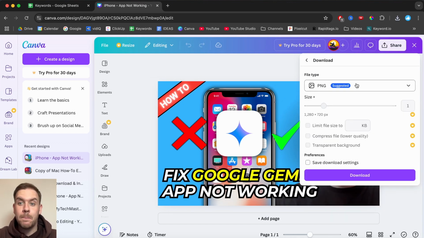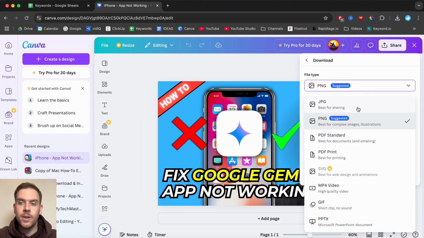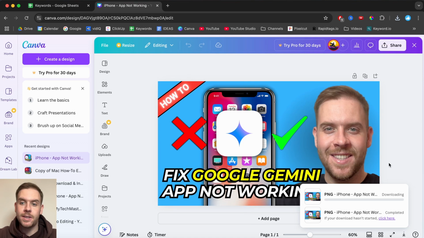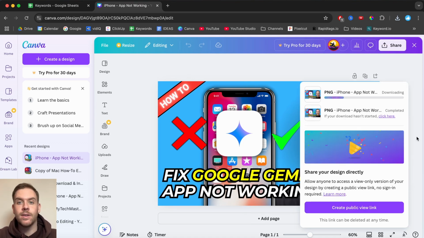And so you've actually got a bunch of different file types in here. It automatically saves as a PNG or sets it as a PNG, but you can change that to JPG, PDF standard, PDF print, SVG, MP4 video, GIFs, PPTX, which is PowerPoint documents, any of these different file formats. And after you've finalized here, you can press the download button and that's going to save this file to your